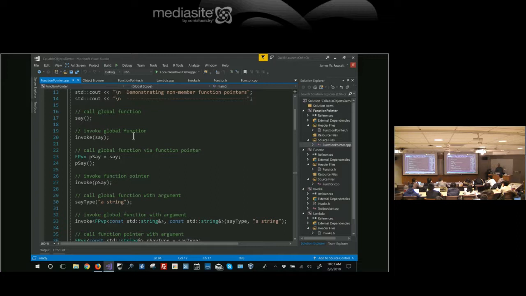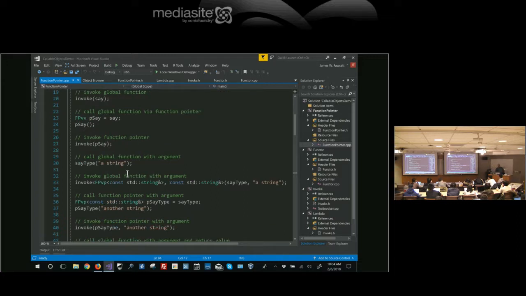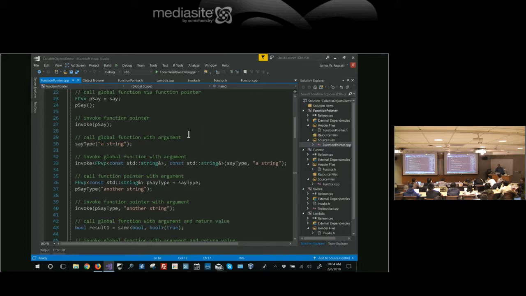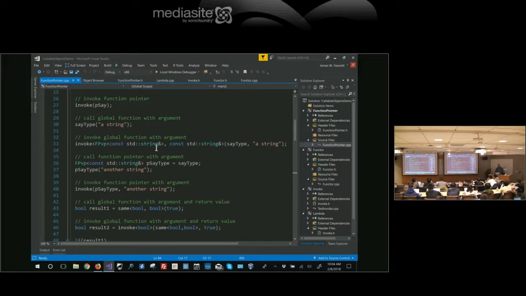Same thing for say type. Now this is a callable object that accepts a parameter and returns nothing. So here I'm just invoking say type, that global function. Now I'm just executing it. Now I'm going to use my invoker, and so here's say type and the argument that I need to pass it. And now I have to tell it